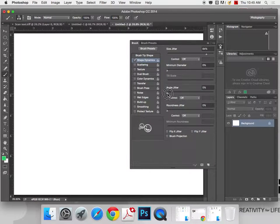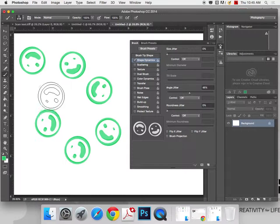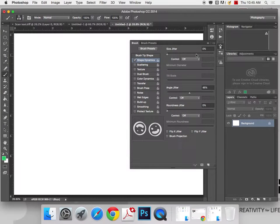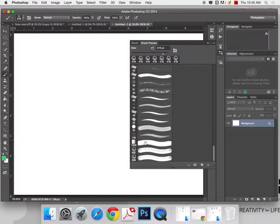All right, angle jitter is going to change the rotation. So let me put size jitter back down to nothing. I'm going to put angle jitter about 50%, and you can see how my size is now staying the same, but the angle at which the brush is being displayed is different. This is really useful if you want to use some of the cheesy brushes, like